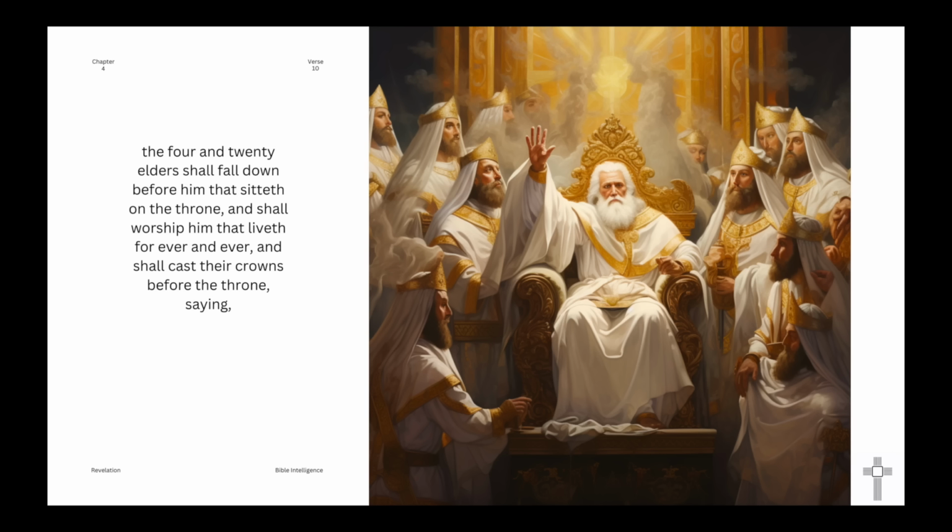Coming up to the next verse 10, it says, "And the 24 elders shall fall down before him that sitteth on the throne, and shall worship him that liveth forever and ever, and shall cast down their crowns before the throne, saying," and just, I guess, a quick little note on casting down their crowns, it's this idea that they're giving their authority to God. It's this view of Jesus being the King of kings. So it's almost like these 24 kings are taking off their crowns and saying, "You know what, God, you are the King of kings." So it's quite a nice little reference to that. Of course, King of Kings is something that we're going to come across again in Revelations a little bit later.